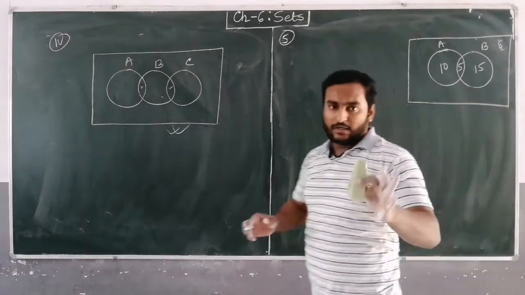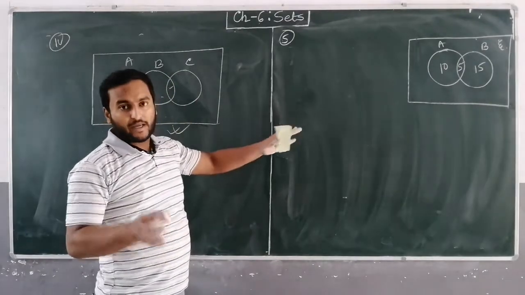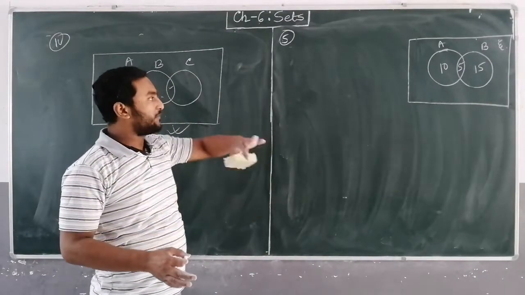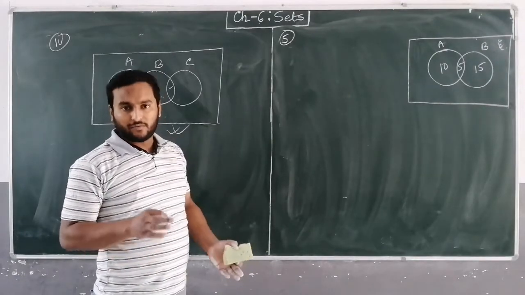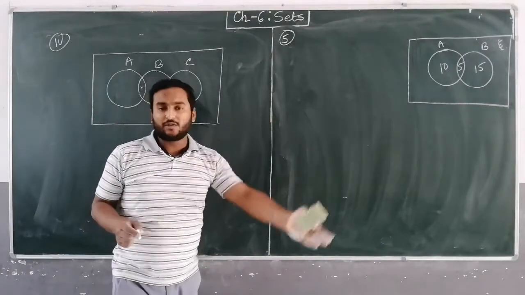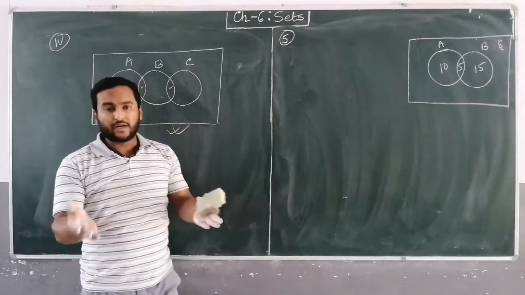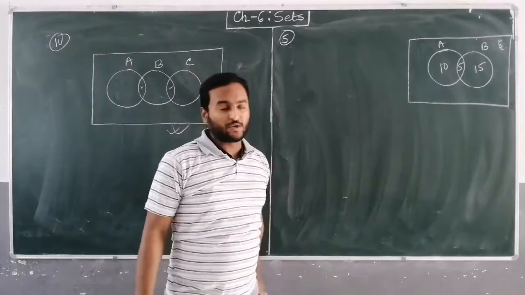In your notes I have written the set, and I have solved it already. We can follow that method also, but I am trying to solve in a different method. That method you can copy, that is very easy. You can assume set A equals this one, B equals this one, then you can take left hand side and right hand side and prove easily. By this method also try to prove.